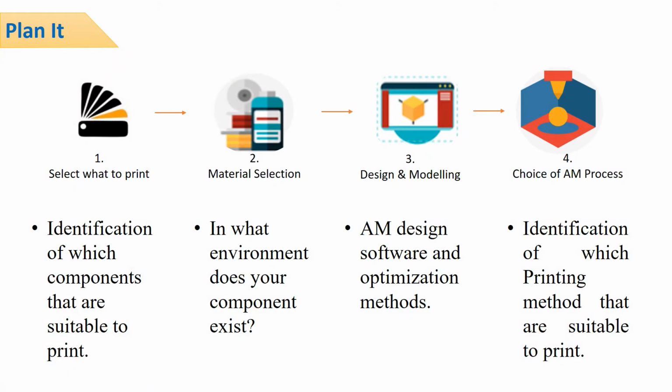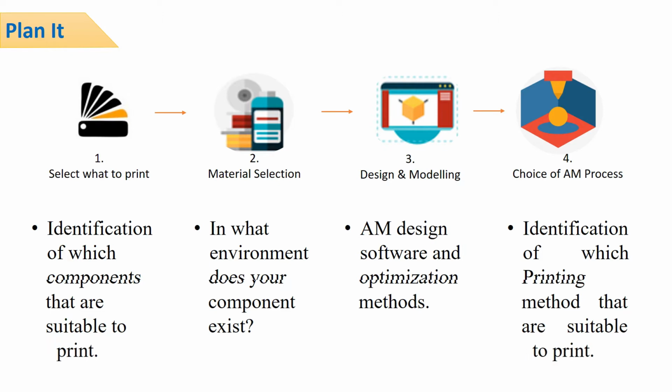For manufacturing any component, we first have to select what is the matter to be printed, which is similarly followed by material selection, design, and modeling, and then choosing the right AM process according to the application. This is a crucial step that underpins important factors like material selection and design and modeling. For each component, these factors play a very important role in making the structure more comprehensive and dynamic, which proves to be helpful. Similarly, one has to choose an appropriate AM process that will suit the structure according to its